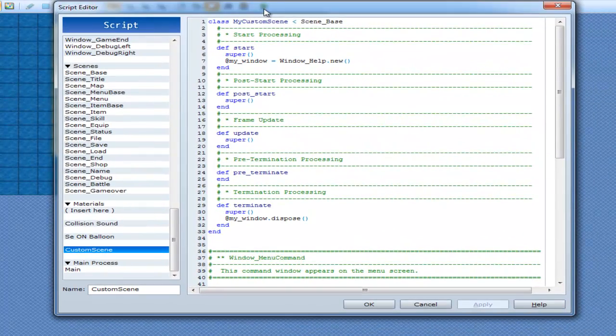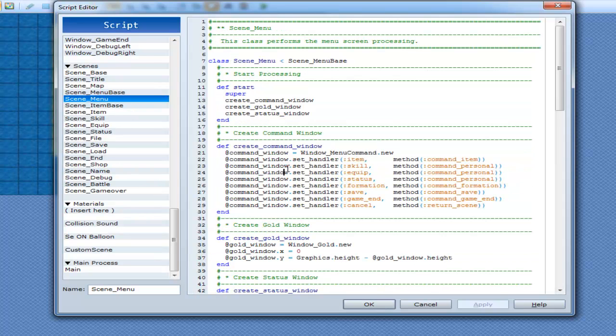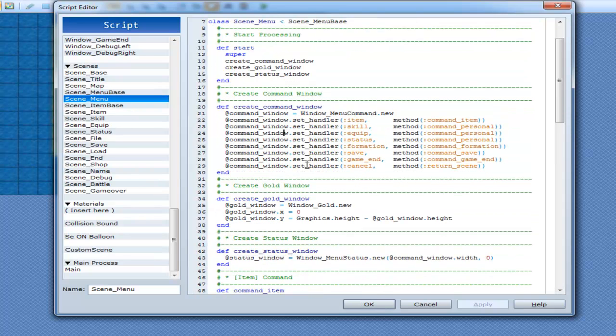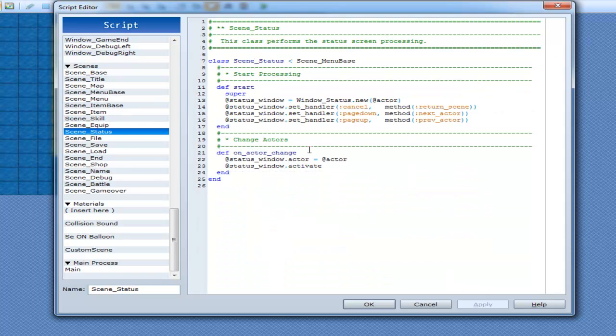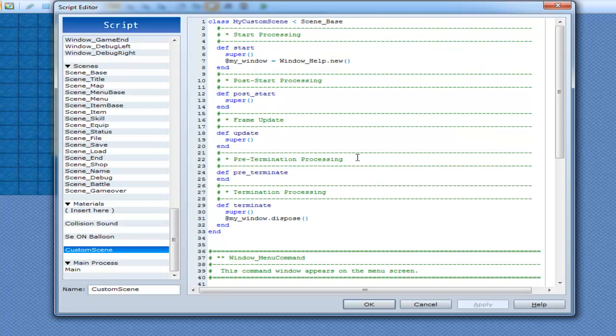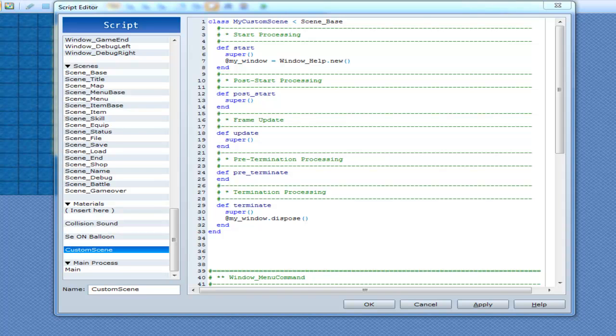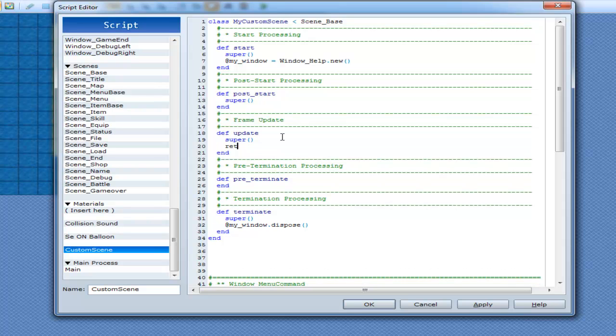Now we'll see how everything else does it. In scene menu, when you go to method return scene, here cancel, go to scene status. Actually, scene status, all it has is scene menu base and super. So where does cancel come in? Well, since I'm not really sure, I guess what I'll do is go up to update here, and I'll go return scene,